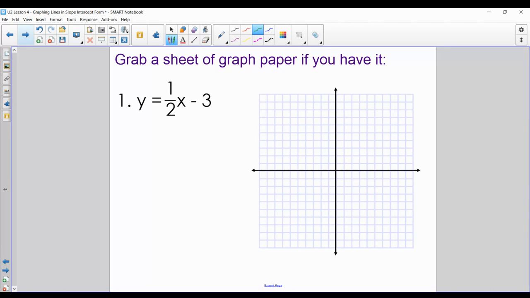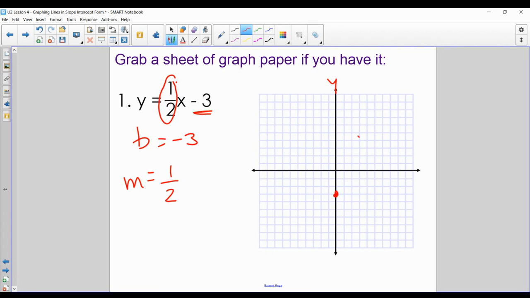Here's an example for you. If I'm looking at this one, here's what I am doing. I am first looking at the y-intercept, so b equals negative 3. I go to the y-axis. I go to negative 3 and I put a point. Then I'm going to use the slope